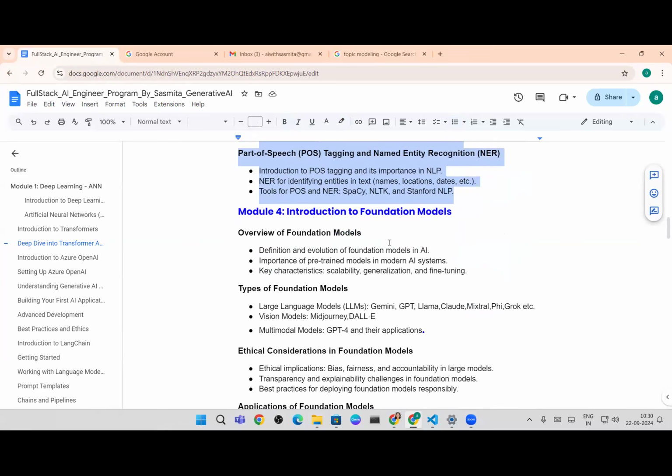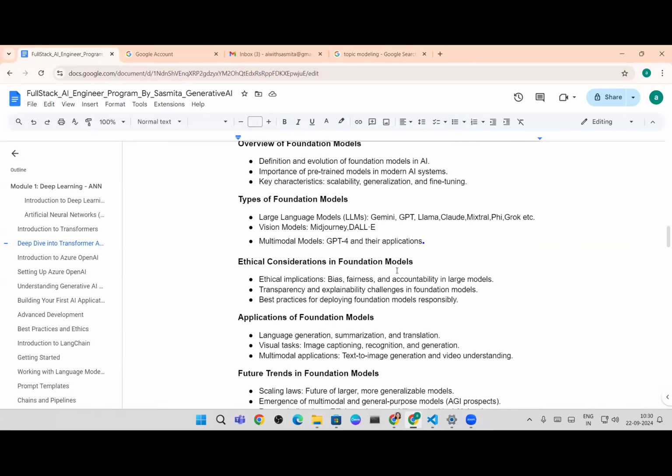First, you need to understand what a foundation model is, and the different kinds. It's not always about LLMs. People forget about image models, but yes, we have image also, like Midjourney, DALL-E, and different models. And then we will understand, when you are building a GenAI application, what all responsible and ethical AI involves,